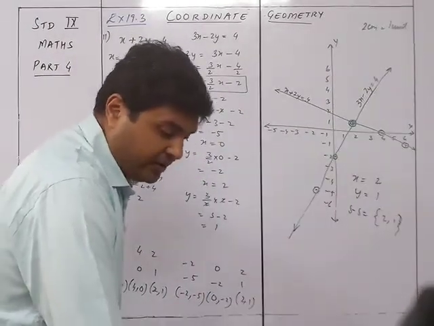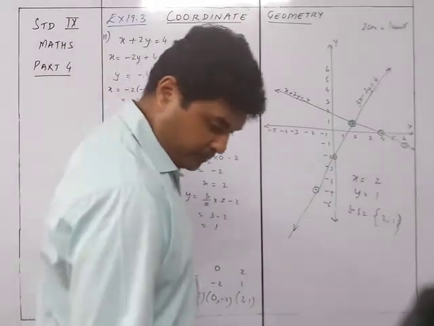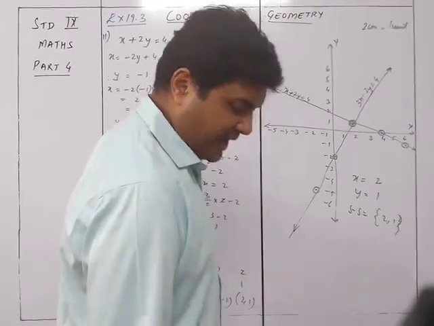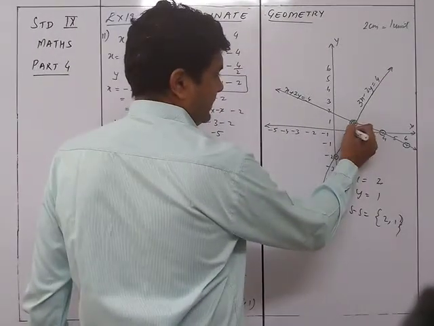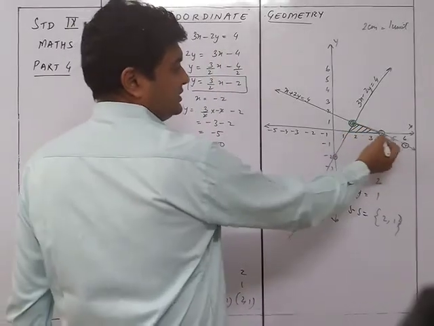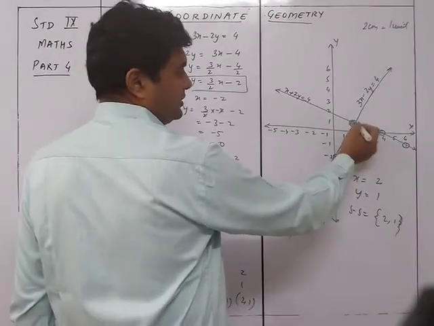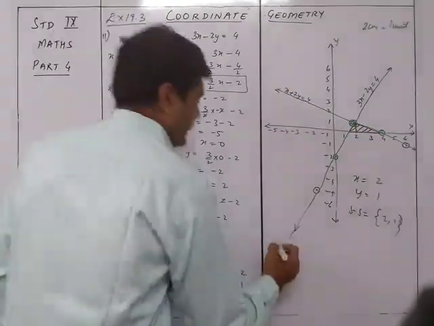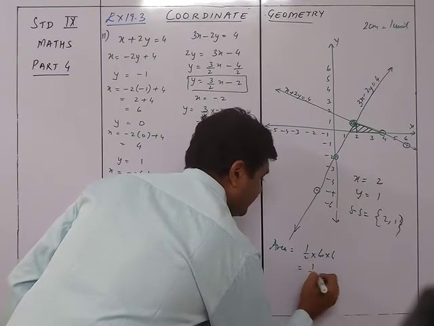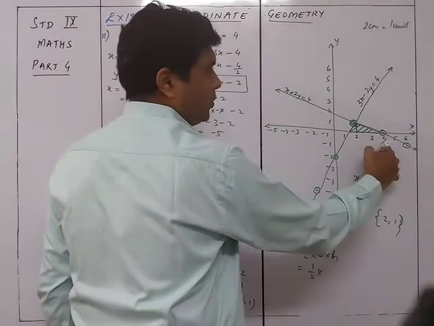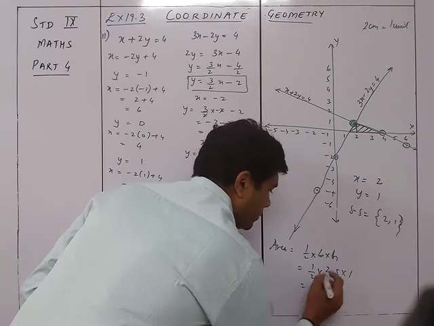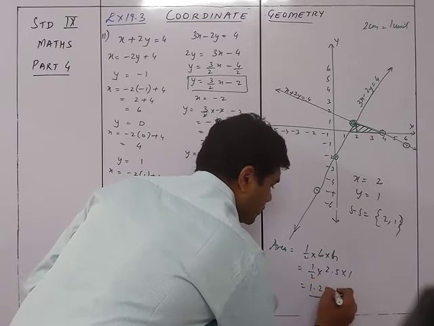Okay, and because it is a set, you put it in curly brackets. And finally we need to find out the area: write down the area of the triangle formed by the lines and the x-axis. So that is this area. We are talking about this area. So this distance we know is around 3, and this height is around 1. So area is equal to half into base into height. So it's half into base, which will be around 2.5, and the height will be 1. So it will be 2.5 by 2, so 1.25 square units.